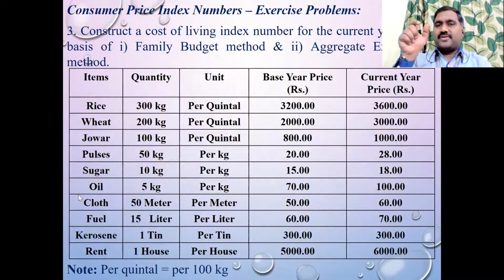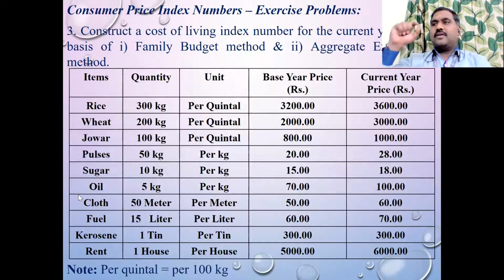So you need to bring that combination P0, Q0. Next one is P1, Q1. And then the next one is family budget. Family budget, we need a summation IV by summation V, or summation IW by summation W, whatever it is. But here weight is not given. So what we have to do, we can use summation IV by summation V, or summation WP by summation W also. So we need to calculate according to P equal to P1 by P0. So you know the P value also, and according to that, you can calculate.